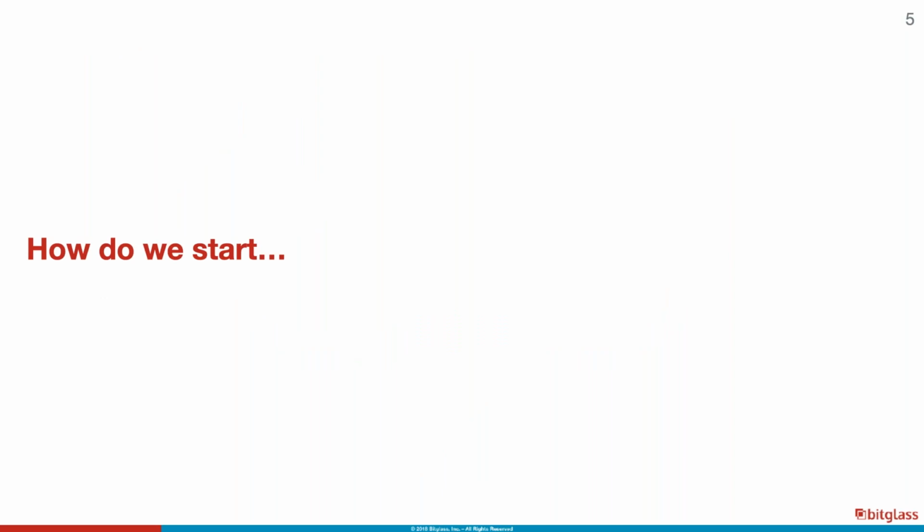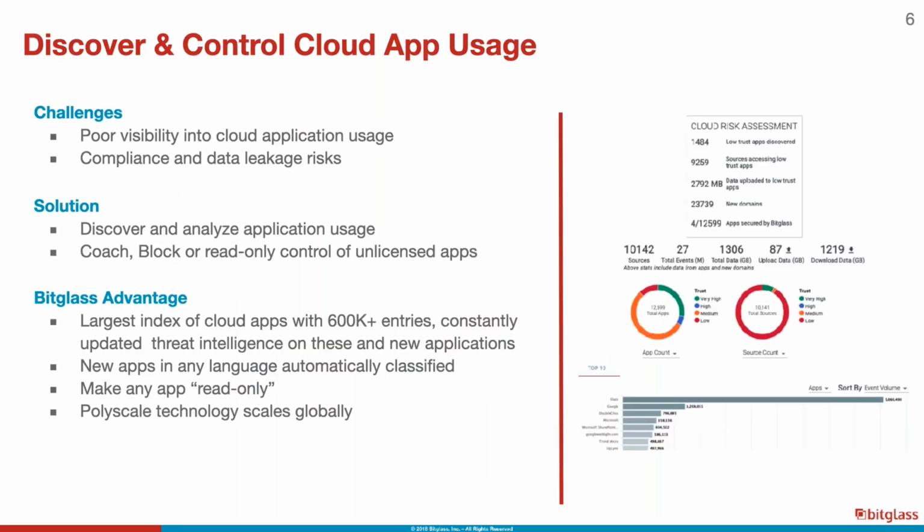So how do we start this digital transformation? I think we can all align to discovery and control, shadow IT reporting. Shadow IT reporting gives you insight into the applications used inside of your network. BitGlass has been active for 8 years now, and from that perspective, we have a very large database. That large database holds 600,000 applications and growing every day. The reason is that we don't do manual labor on it. We have an artificial intelligence engine in there, and that is classifying new applications, also adding URLs to existing applications.